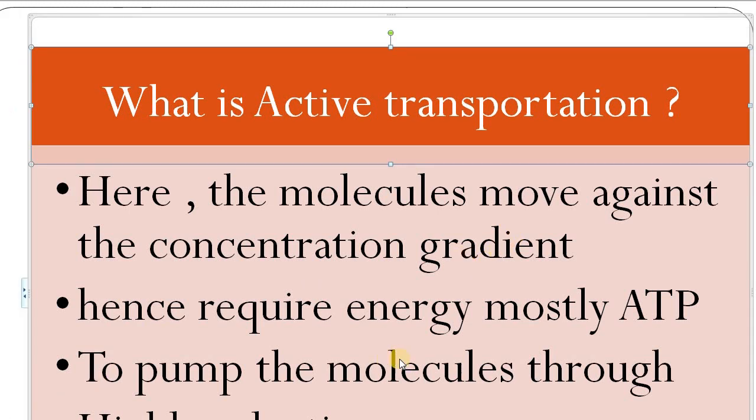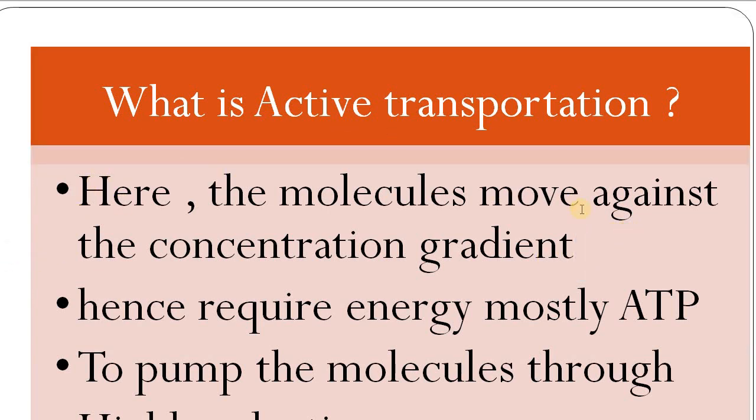Now in active transportation, the molecules move uphill. It is very important to understand that it is uphill. What do we mean by uphill? Uphill means you are going against the flow. That means some energy has to be spent, specifically in the form of ATP, so that the transport can be made. As it is uphill, the movement is actually against the concentration gradient.